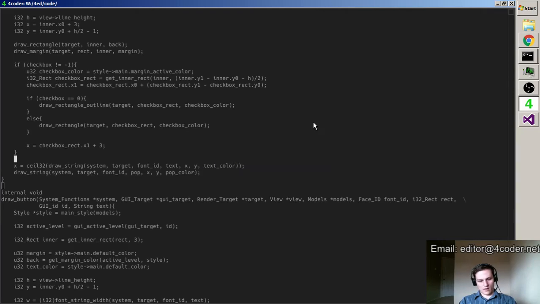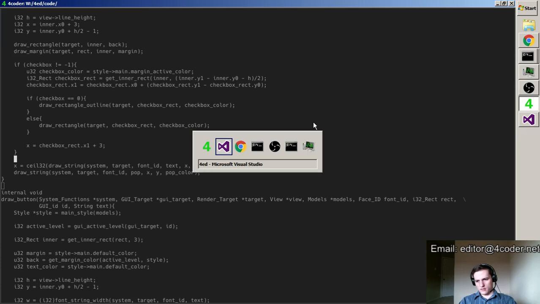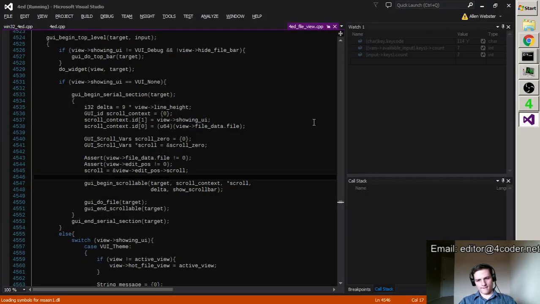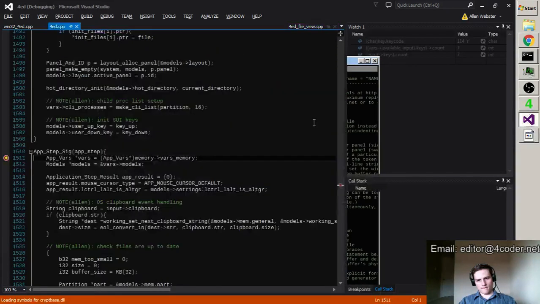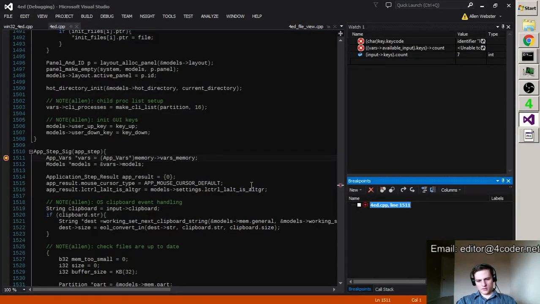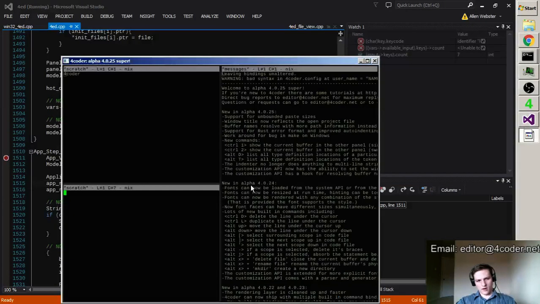Alright, so anyway, I take that scroll bar off, and let me run this. I'm just making sure real quick that it runs without crashing now. It does.